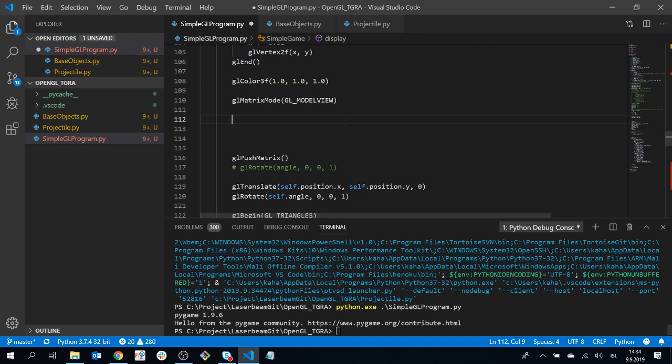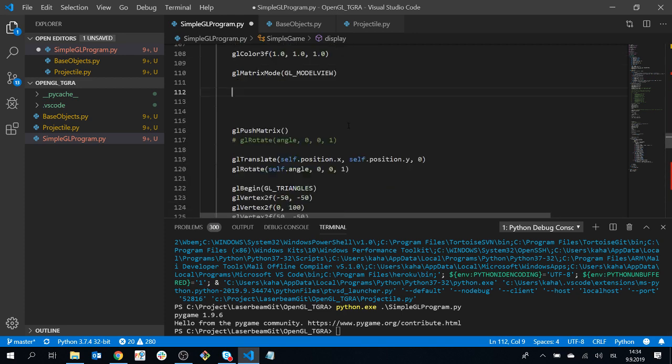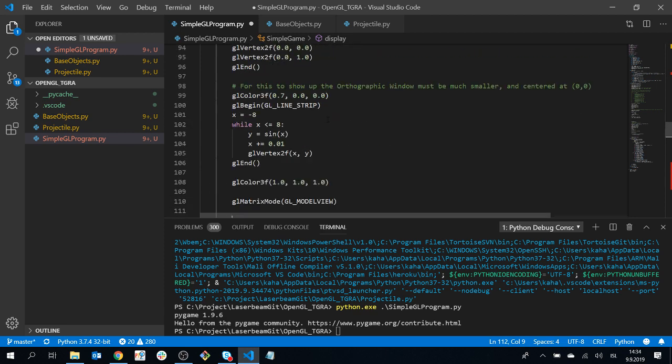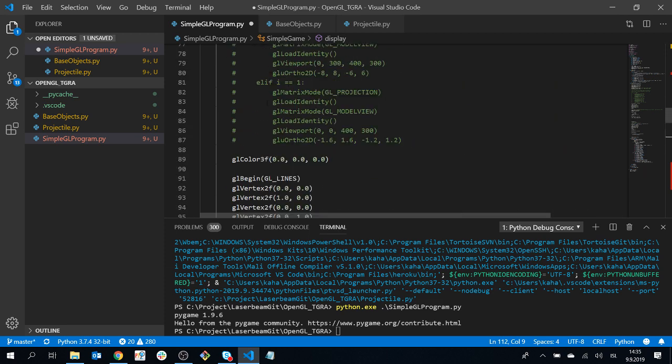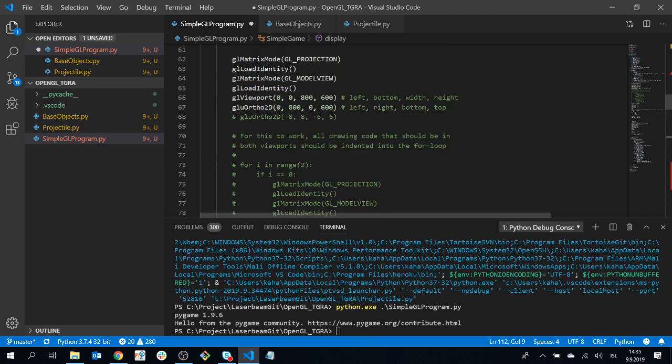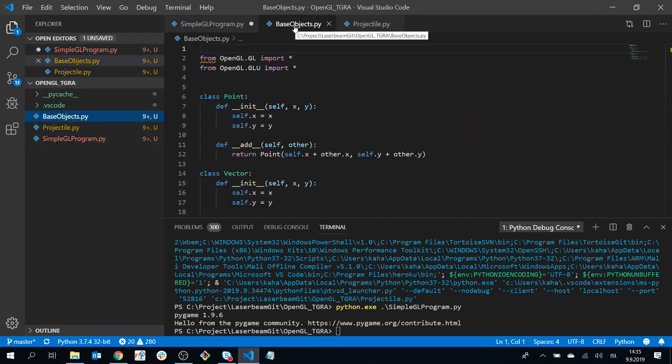One thing that we'd maybe like to do is, we had somewhere, if I recall correctly, a circle here somewhere? Oh, but let's take this code here anyway, and let's go ahead into just base objects